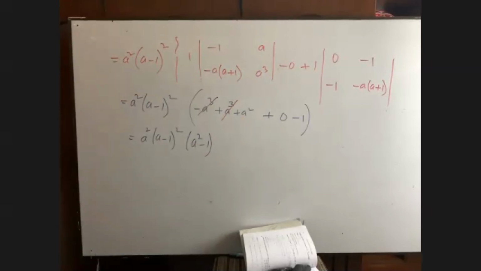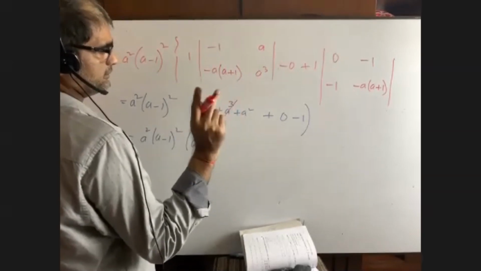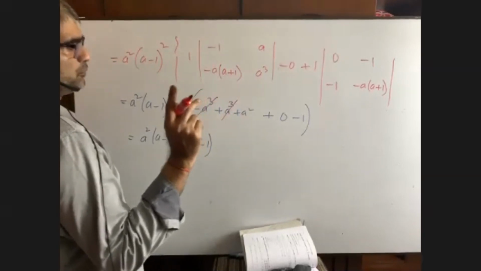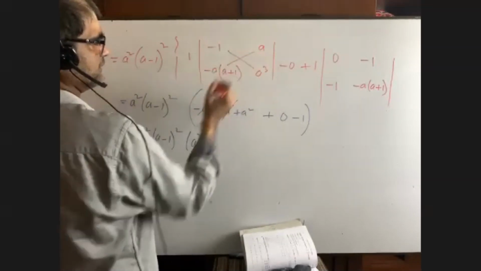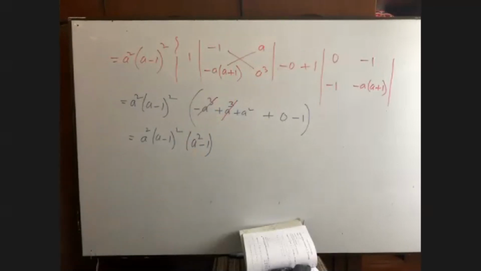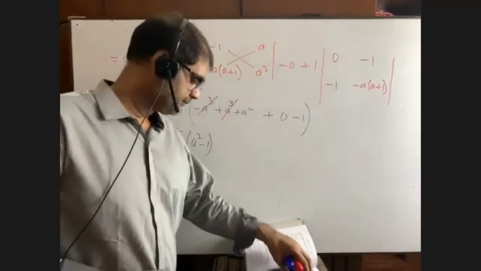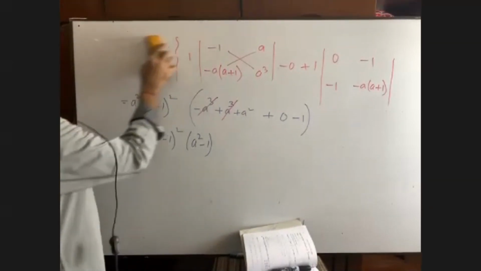Okay? Sir, a into minus a square, shouldn't it be? In the formula, we have another minus. This into this, minus this into this. That minus this minus will make positive. Okay, have you copied it?